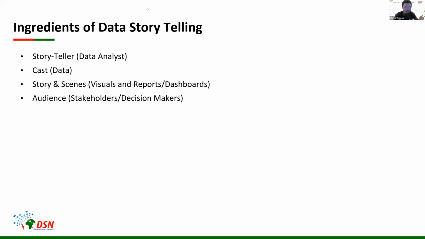Yeah, so the producer is the producer, right? So the first thing that comes is the story. The story always comes first, okay? Typically, there is always an objective for you to want to carry out a data project. That is your story. So there's always an objective that is attached to it.